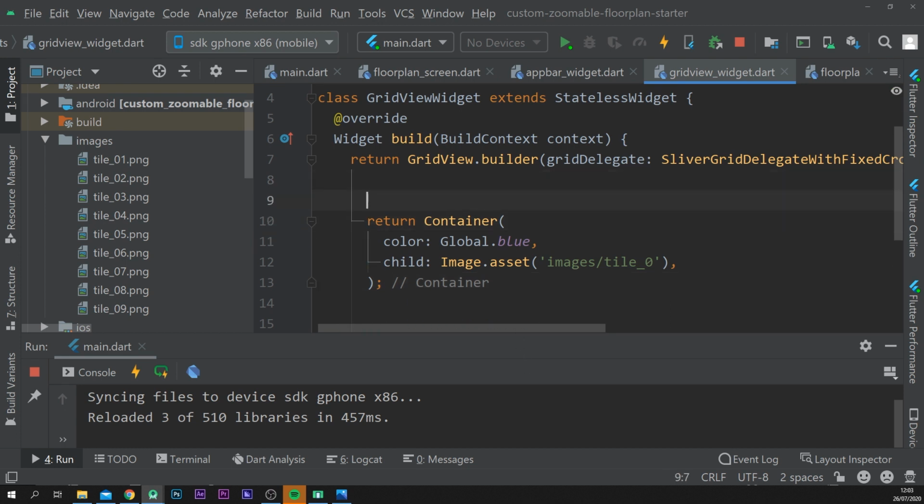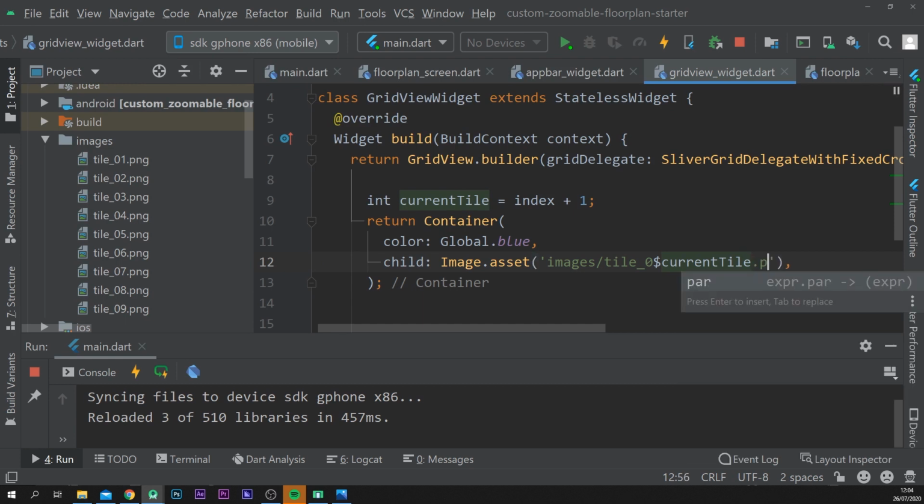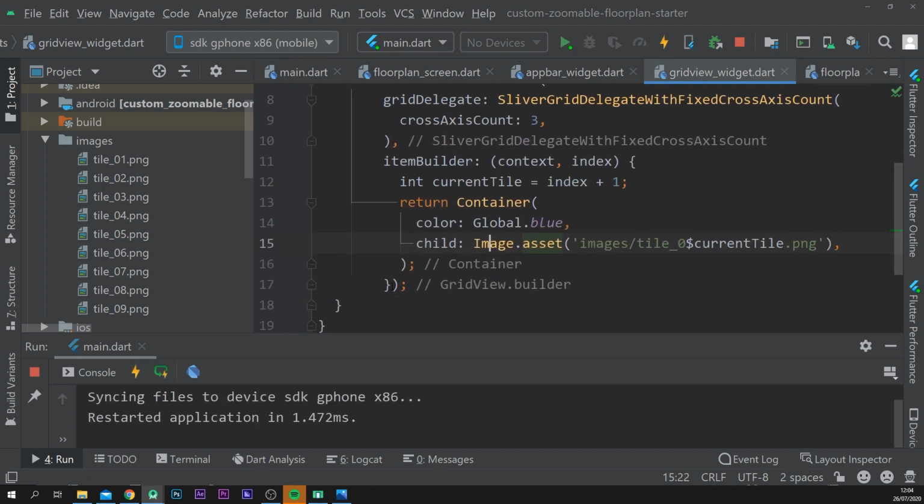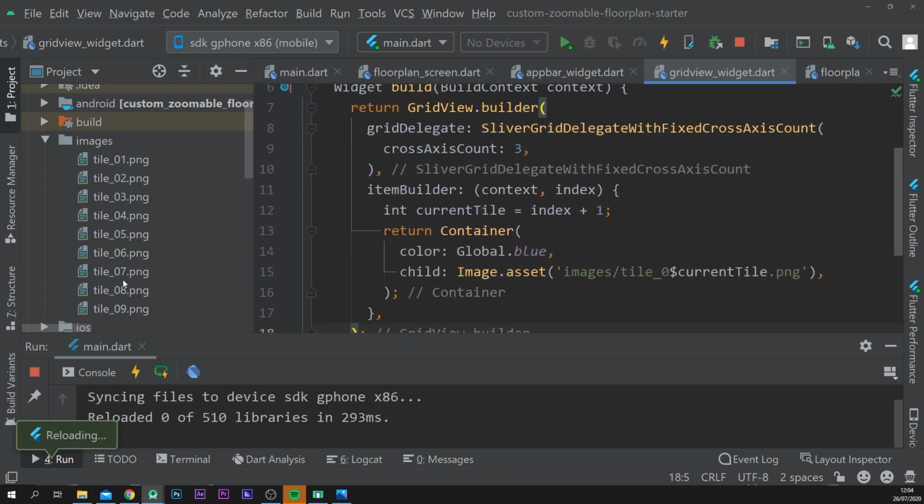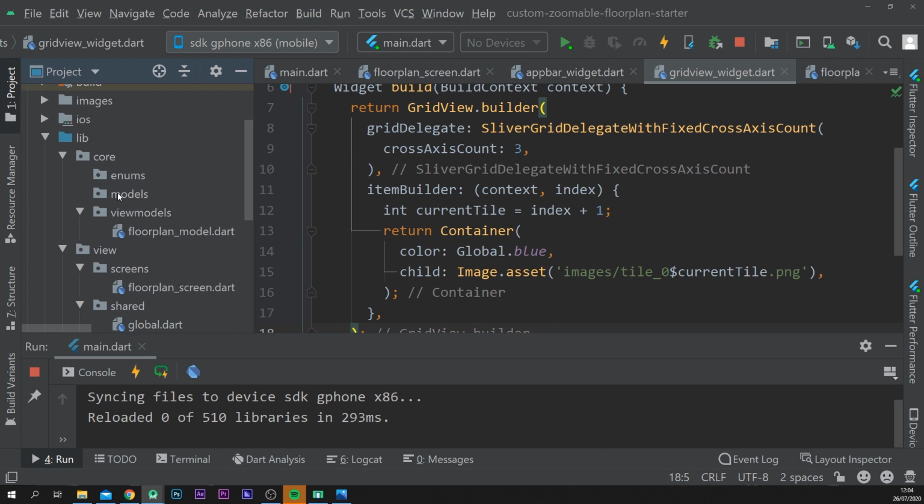So let's go in here. What we actually need is the current index, or current tile, I'm going to call this, and this basically is index + 1, because the indexes are starting on 0 and our tile names are starting on 1, so that's quite important. Then in here you hit $ and then current tile, and then just make sure you add the extension, which is PNG, and that basically should do the trick. So let's do a hot restart just to see the formatted style, and now we can close this folder as well,